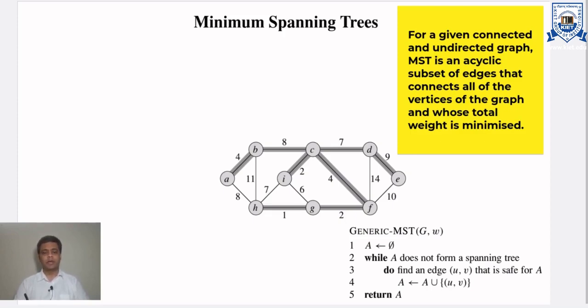In the context of a graph, a minimum spanning tree is a subset of the given graph in which all the nodes are present and some of the edges are present, such that all the nodes are connected and the accumulative weight of all the selected edges is minimum. For example, this graph is given. If I am talking about the MST of this graph,